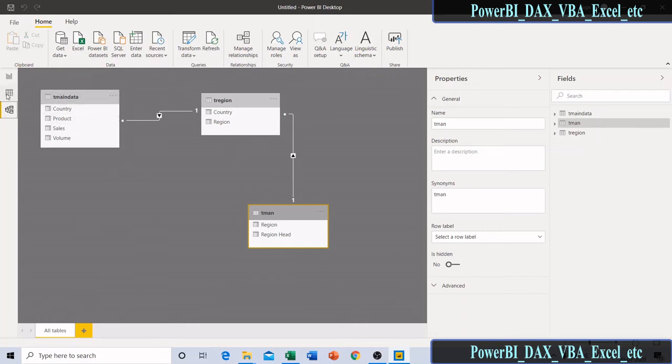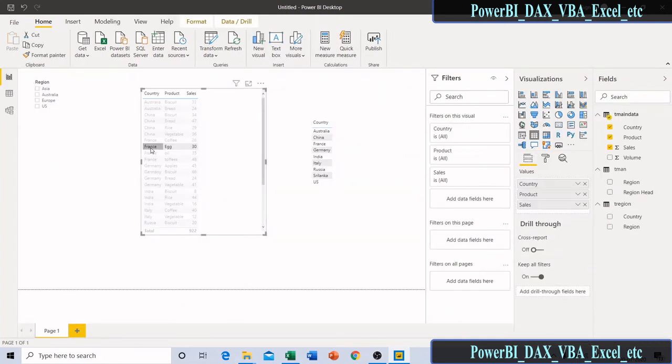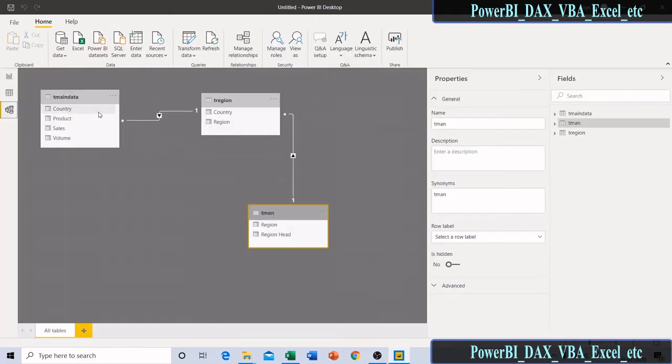But you can see that here what I did, I applied a filter or just selected a value on this table. That means I am applying a filter here, but the direction of filter is from here to here.